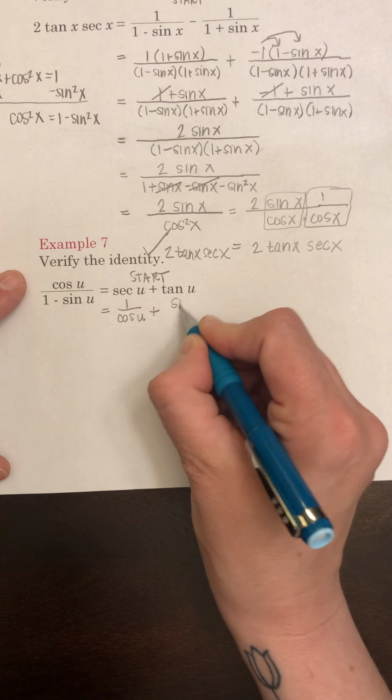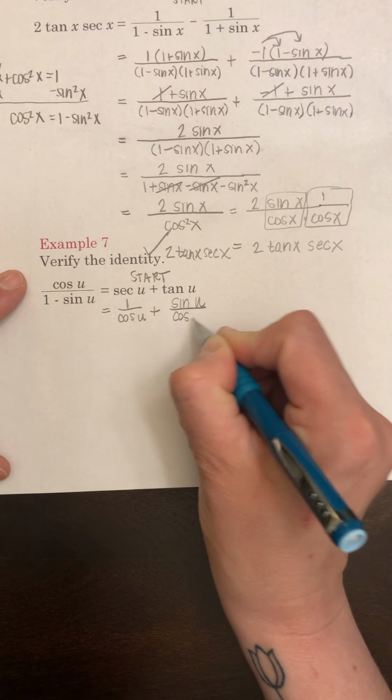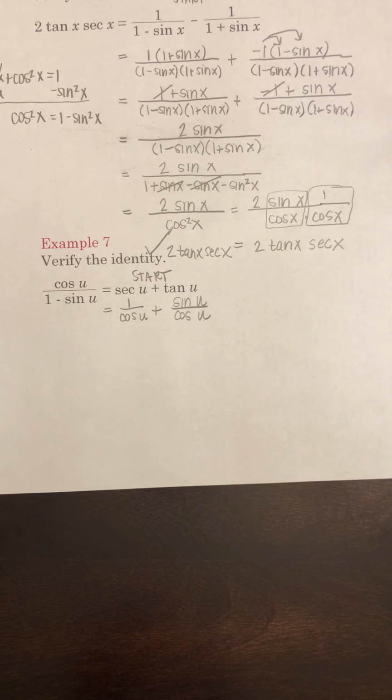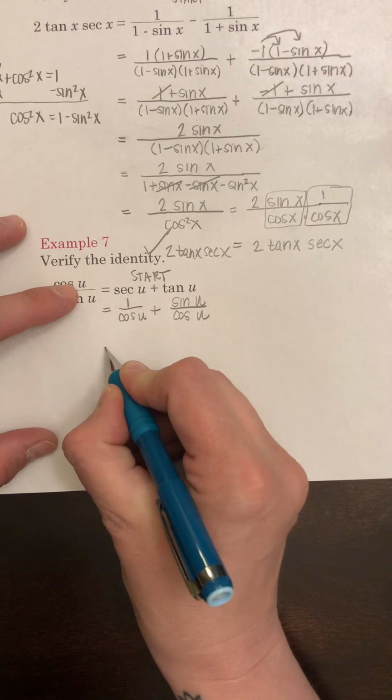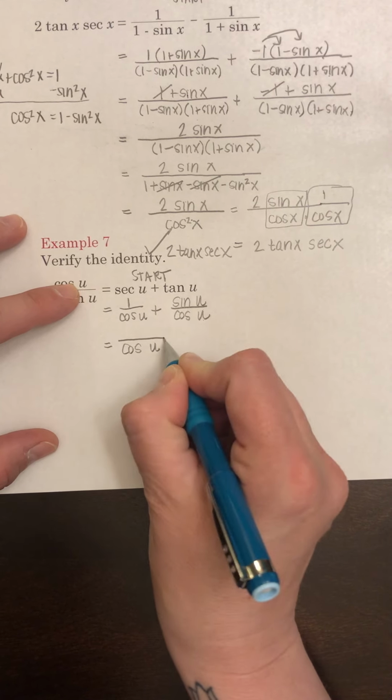Tangent is the same thing as sine over cosine, so I'm going to have sine u over cosine u. One thing I want to remind you of is don't just write sine over cosine. You have to include whatever that variable is, whether it's an x, a t, a theta, a u. Make sure you include that. All right, so I've got a common denominator, which is great news because now I can put these together as